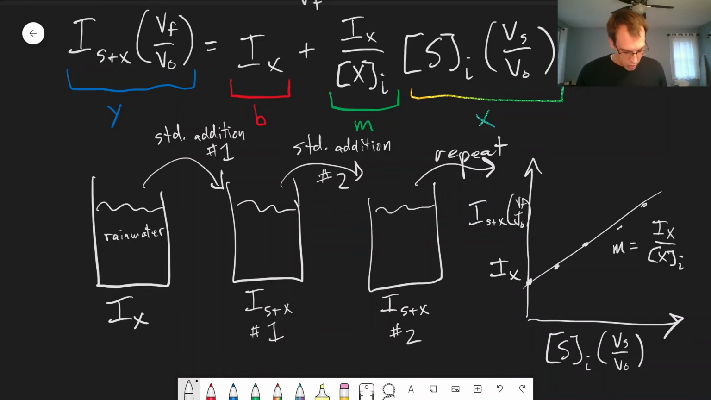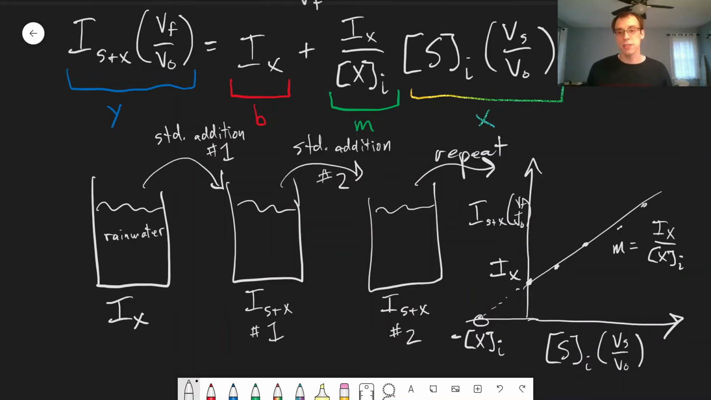Now, if we go ahead and solve this and find the x-intercept, that's going to be equal to negative xi. And that's just due to this relationship between m and b. The fact that there's an ix in both of them, things will cancel out, and we'll get that this is equal to negative xi. So this is how we set up a standard addition